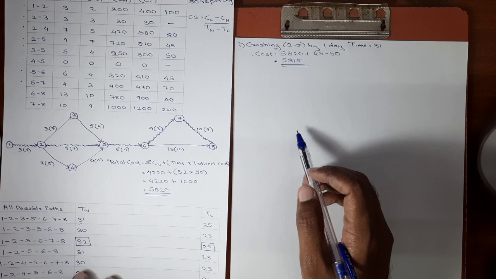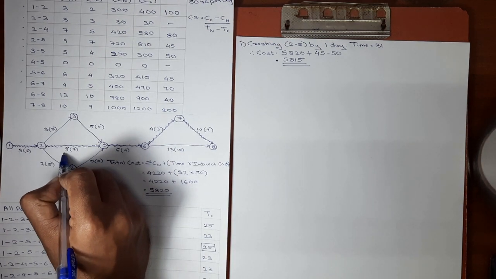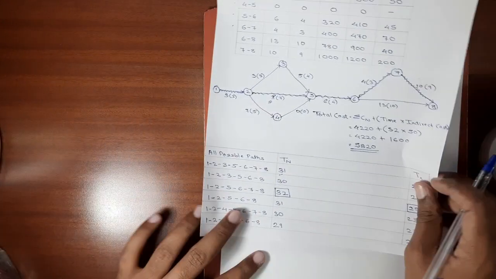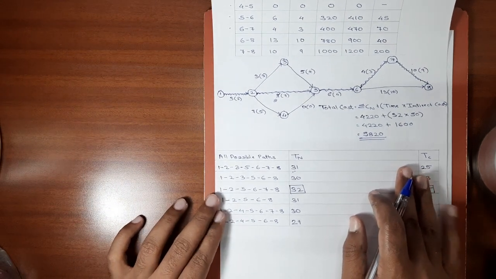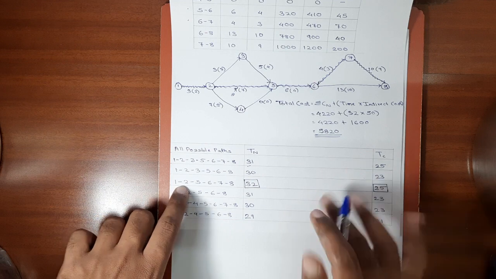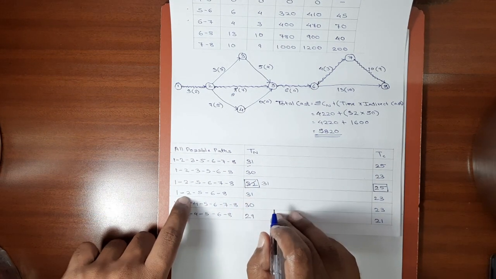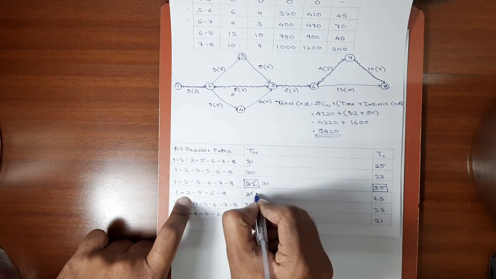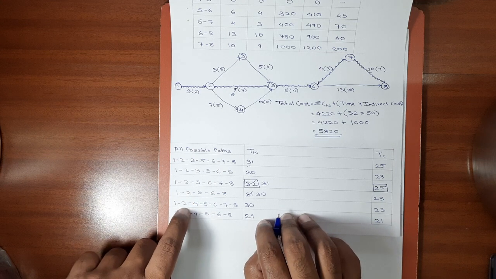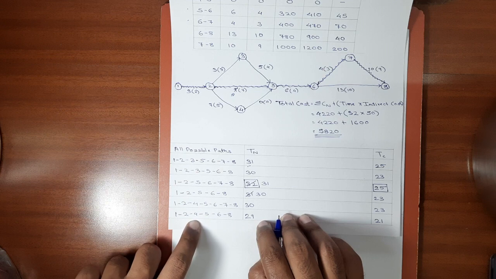We'll update it in the network diagram. The normal duration of 2, 5 was 9, now it will be 8. Okay, and 2, 5 comes in which paths? In first path, no it doesn't. In second path, no it doesn't. In third path, yes. So here 32 will now become 31. In the next path also it comes, so 31 here it will become 30. Next path 2, 5 does not come. Here also 2, 5 does not come.